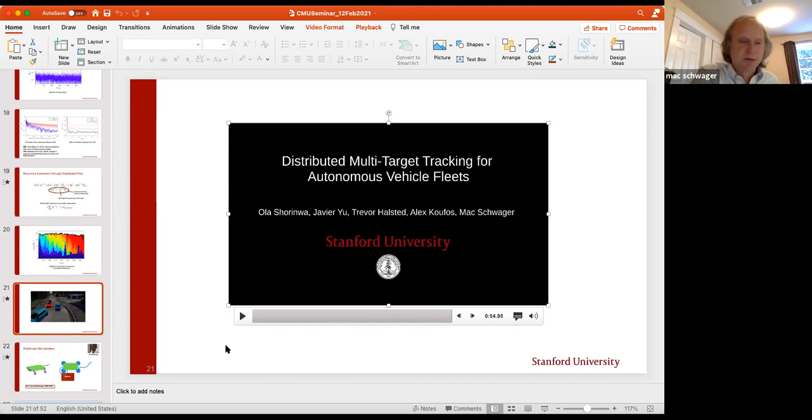But the hope is that we'll have a high enough density of autonomous vehicles in the cityscape or whatnot that we can keep continuous track of the targets. And there's another frame of mind, which is that if nobody sees that target, we really don't care about it. The only reason we're tracking it is to avoid hitting it, or to better collaborate with it, or to better predict where it's going to go. So if nobody sees it, it's irrelevant to the overall goal of the autonomous vehicle fleet, so we can forget about it.